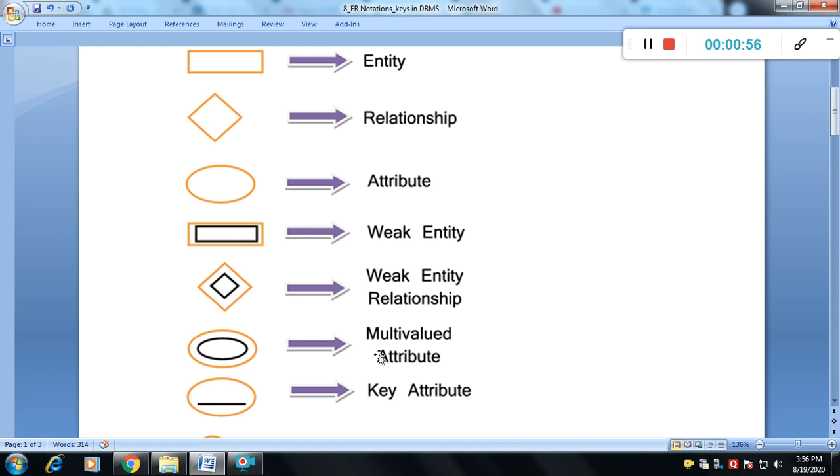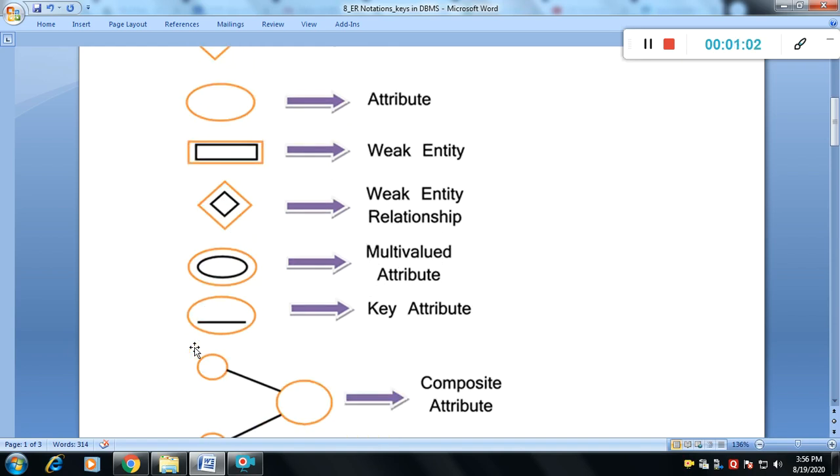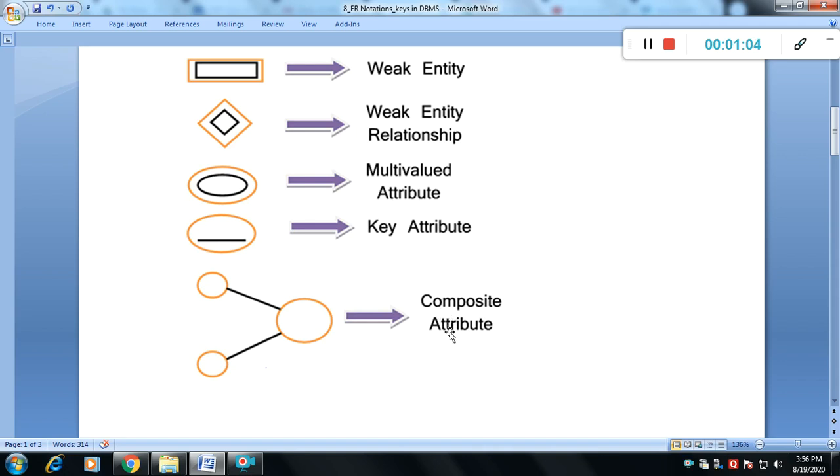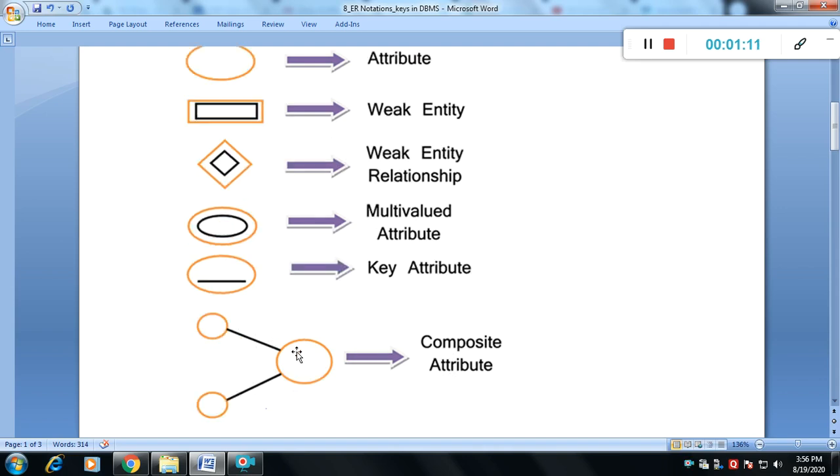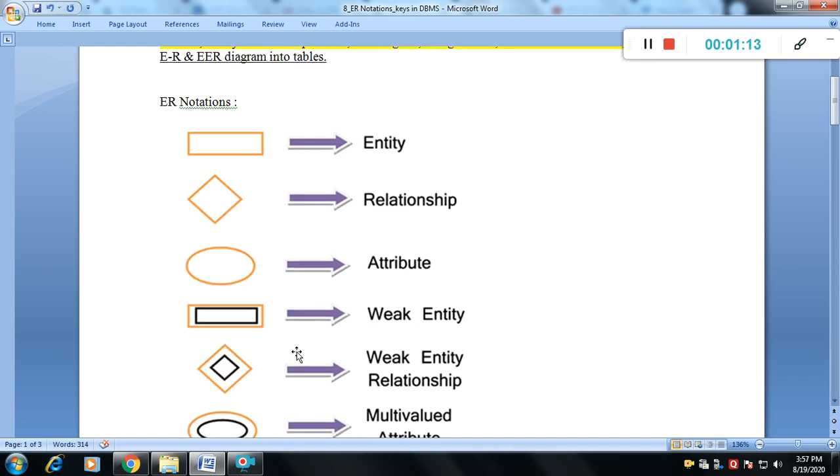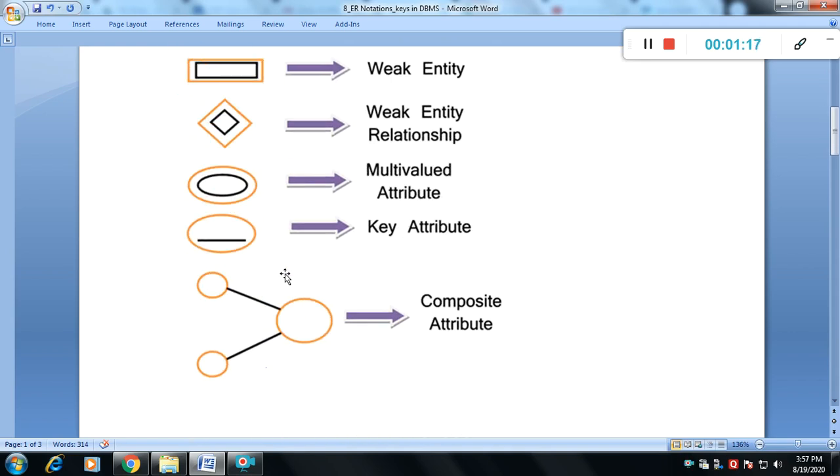Multi-valued attributes are a double oval, key attributes are an oval with an underline, and composite attributes are an oval with subparts. These are the notations for the ER diagram; when we create the ER diagram, we will use these notations.